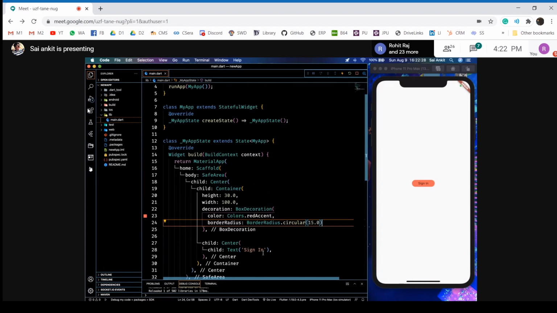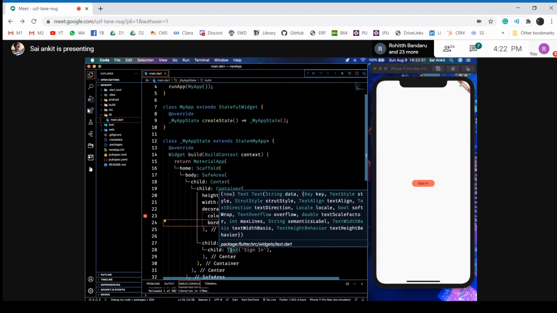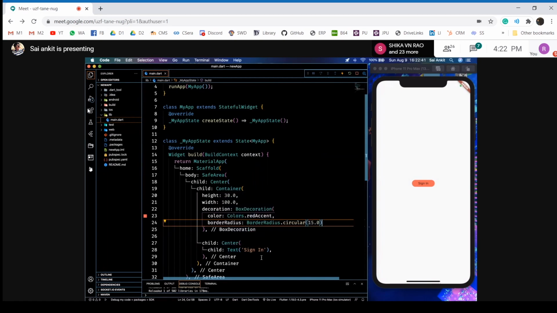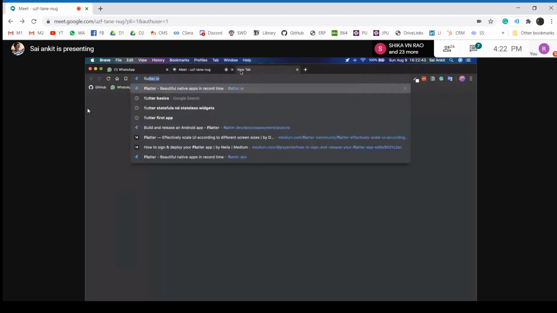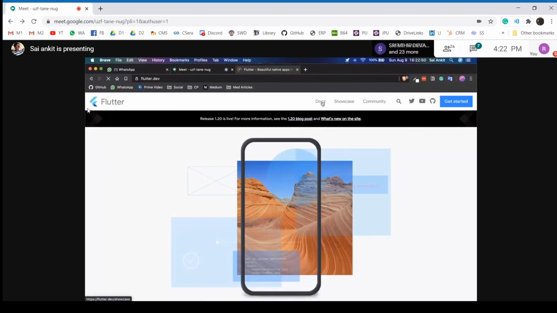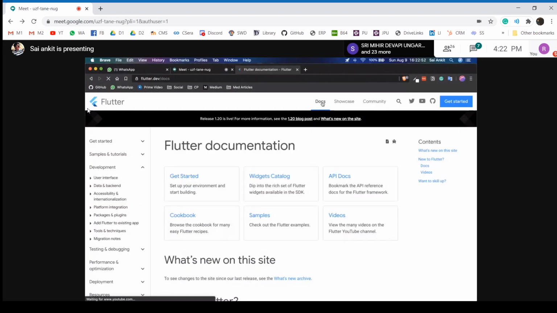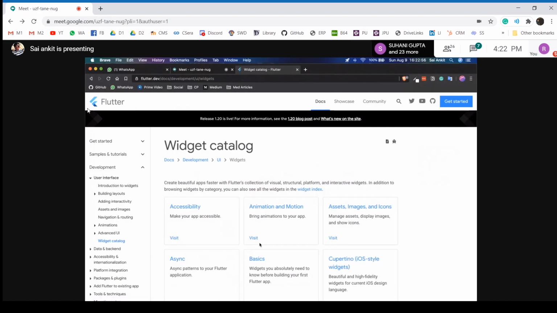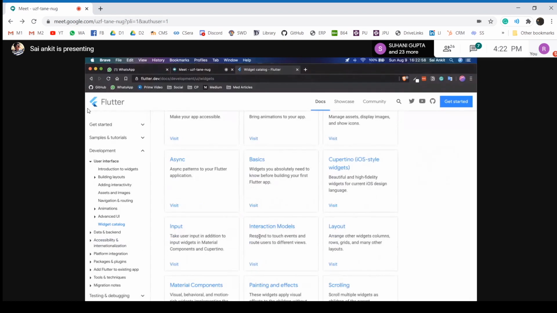You might want to customize it. What do you do? You just go into this text, you hover over it to see if there's any decoration widget for this text also. You just have to experiment with stuff. You find everything in the Flutter docs. You can go into flutter.dev, flutter.io, and you can find everything in the docs here. Go to the docs. You can know about each and every widget. You can go into the widget catalog. You can select something like, I want to know about container.